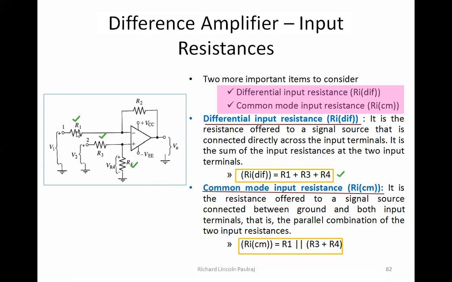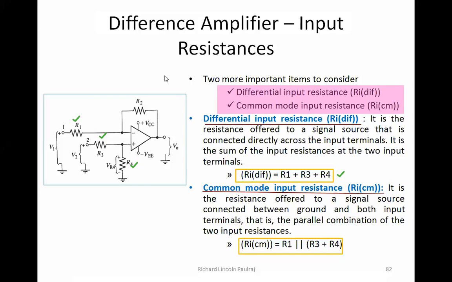Any doubts here? Sir, is it the definition that we are adding them, or what is the reason we are adding? This is because we have inputs in the negative terminal and in the positive terminal, right? So whatever resistances we have, those are being added, and I'm going to get a cumulative resistance value. Cumulative means the addition of R1, R3, R4. So how much resistance is across my input, irrespective of inverting or non-inverting terminal.